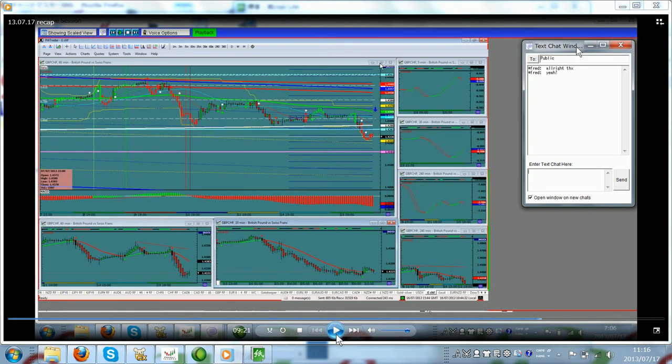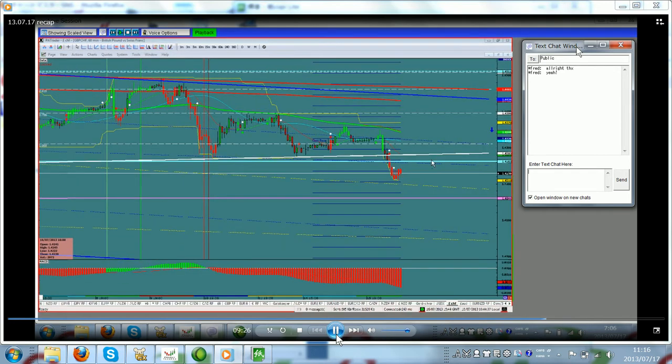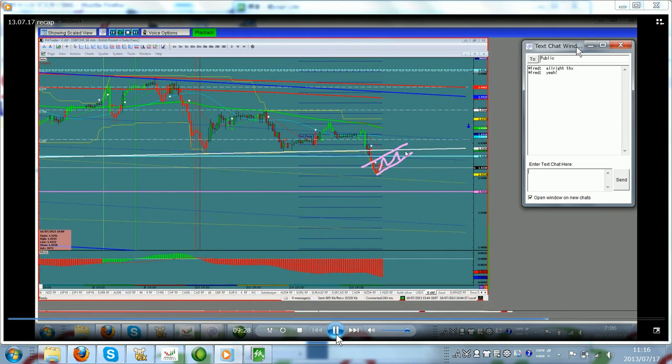Pound cheap, we're waiting for a break and a hook, but we need this hook higher. So most likely they're going to build a bear flag up to here. As they build up to here, we're going to wait for the bear flag break down to the day chart bottom at